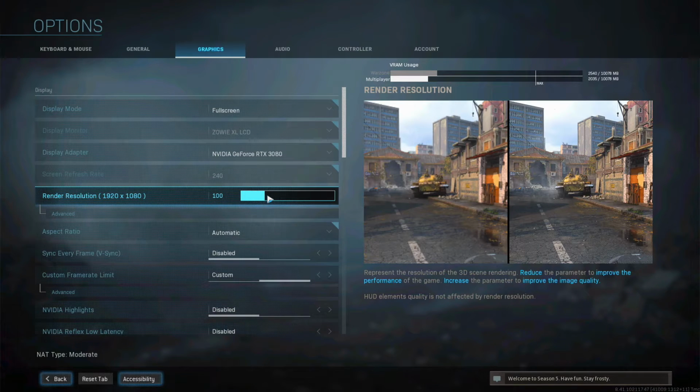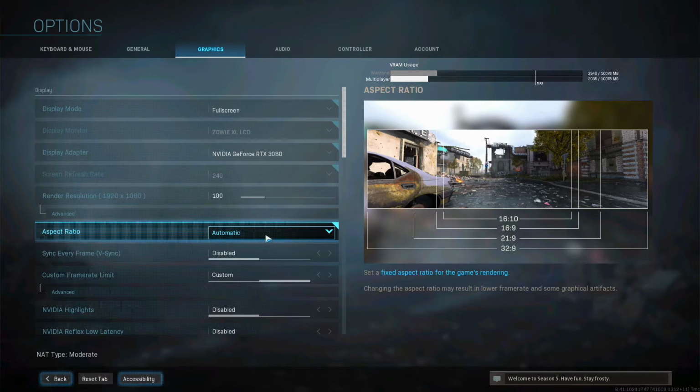I have tried upping this render resolution, and I haven't upped it recently in my saved files, because I have them set to read only, but I'll probably enable this to like 150 or something, because it actually recommends in the NVIDIA software that I set this to 175. I have tried it at like 150 and I lose no frames, but the game just looks even better that way, so I'll probably up this, but 100 is alright for now. Aspect ratio automatic,